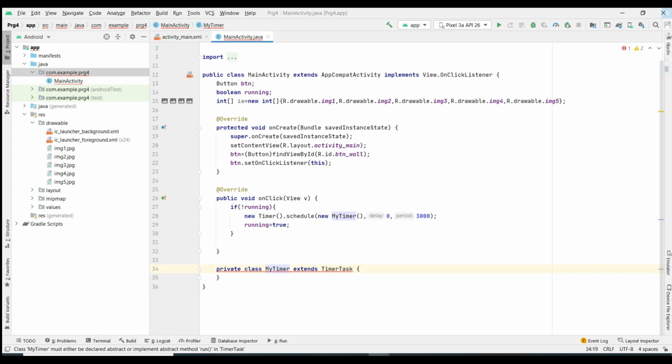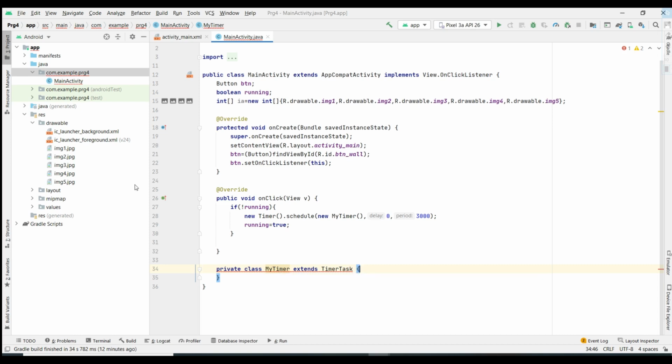Now I want to run the application, right? See, why we are going to make use of this timer class: when the application is running, the timer needs to be run, right? So after 30 seconds the display of the wallpaper which is currently showing, for example, if image one is currently displaying, after 30 seconds it should get changed to another wallpaper, right? So for that reason we have the MyTimer class.